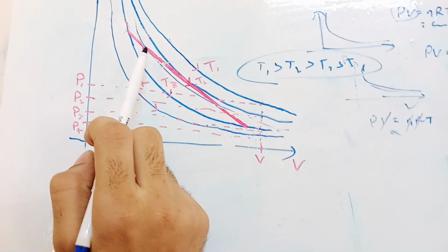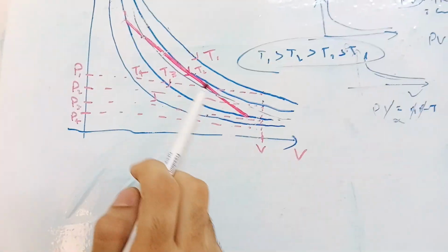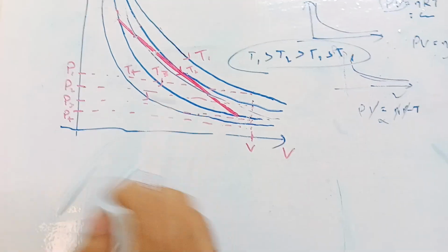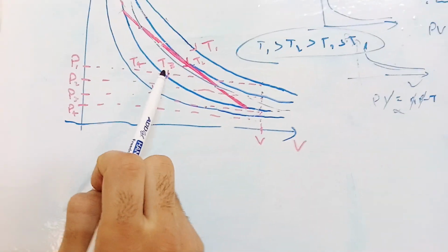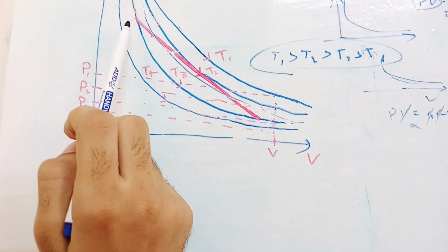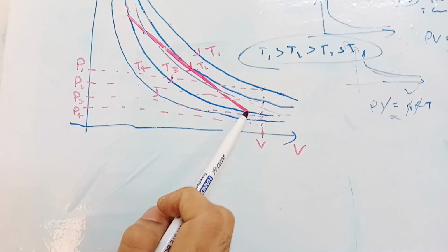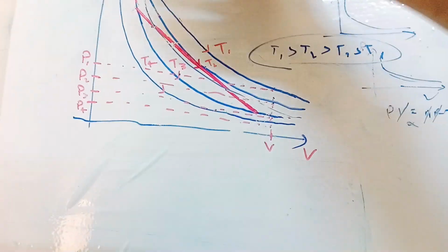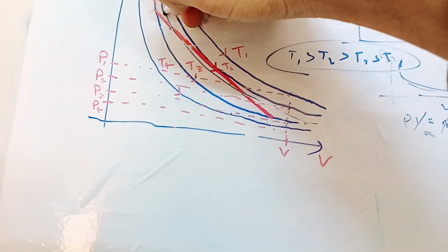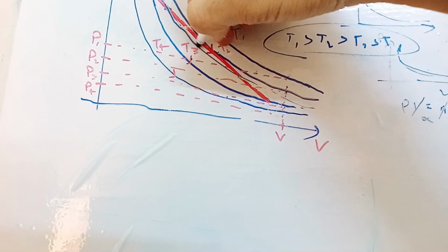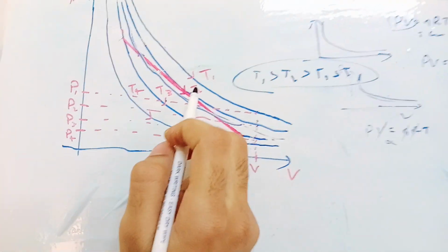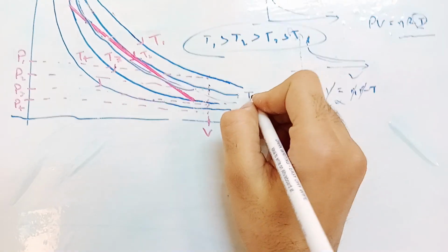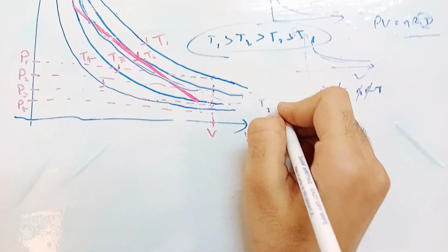We have been told that the process is a straight line in a PV diagram. So I have represented it as a red line, and we can see that if this is the T3 isotherm, the final state and initial state are at T3. So it means the initial and final temperatures are the same. Moreover, if I draw another isotherm in between T2 and T3, I can tell that this temperature T is greater than T3